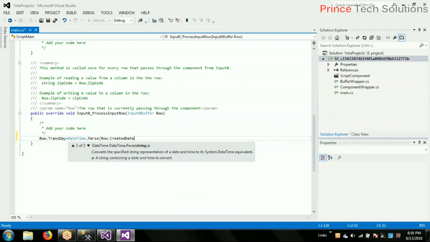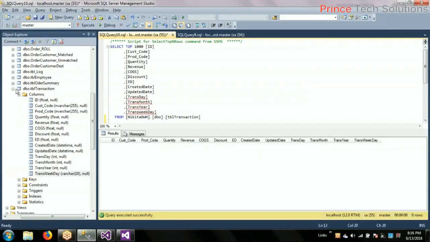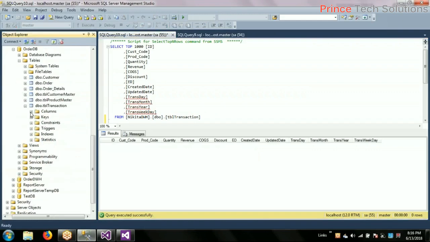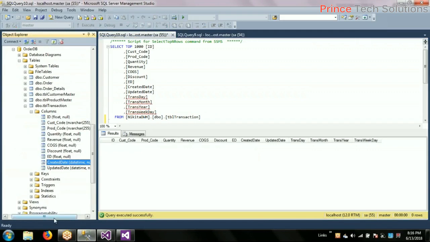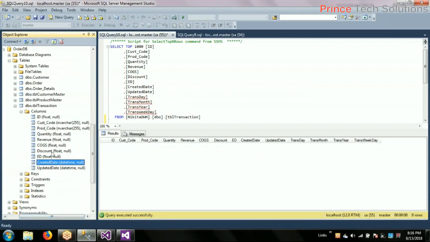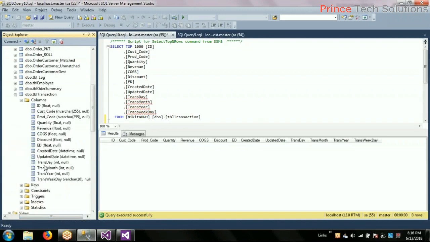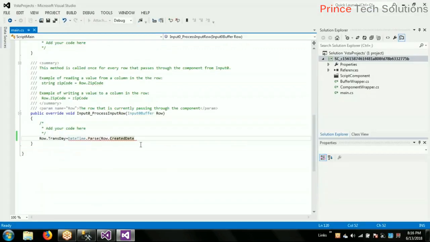Okay, just for your understanding, here we have this order table in the transaction table. In this particular table we have this created date. So this is the input, and this column is the output, right? We're going to store the output derived from the input column followed by some transformations. So row created date